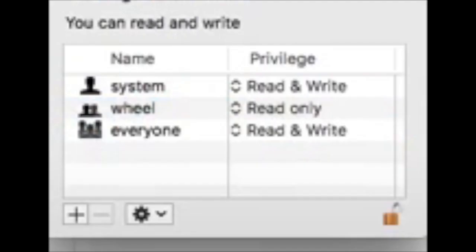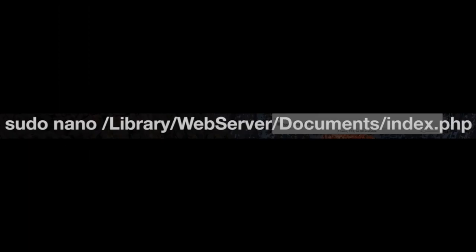Now you can change the privilege of everyone to Read and Write, and close the window. This will now give you permission to add and delete files and folders within the Documents folder. You can test it by deleting the contents which are already in the folder, because they are never used anyway.